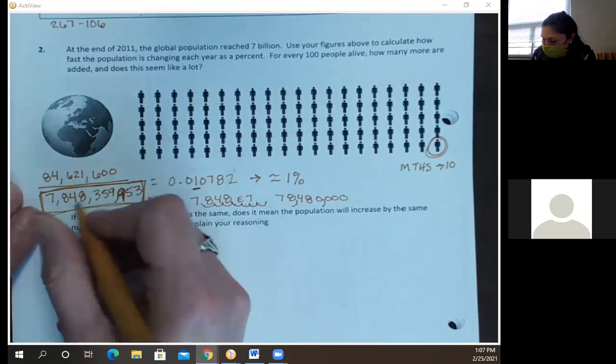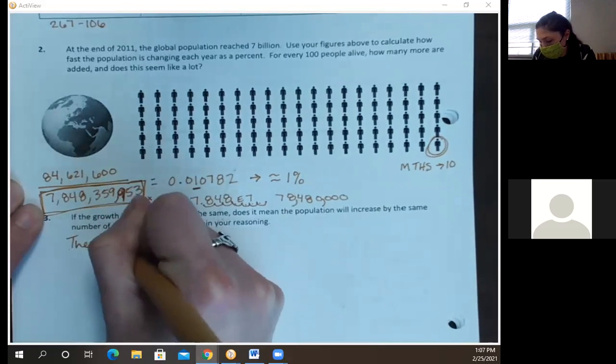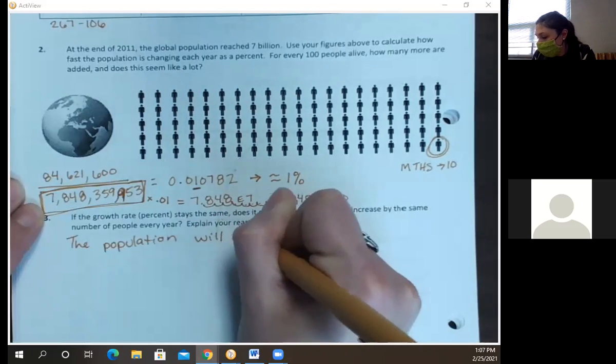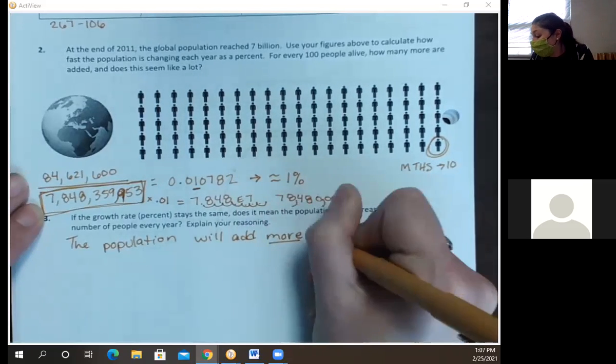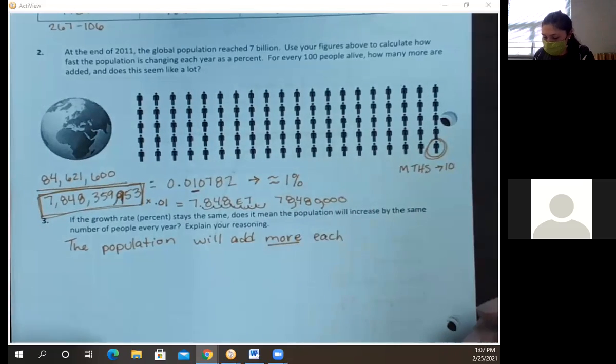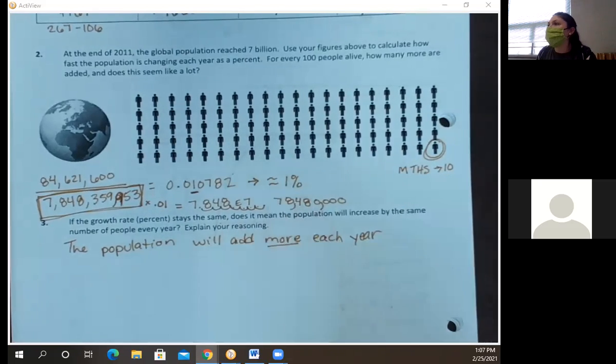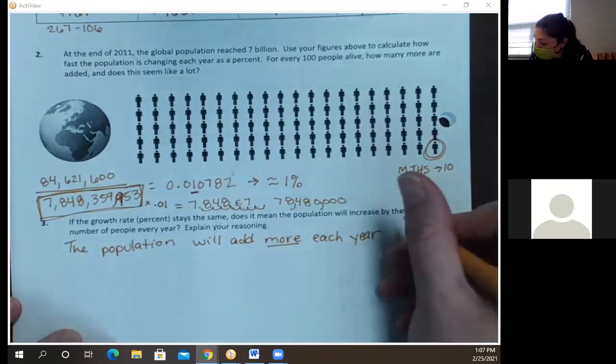Okay, so the population will add more people each year that it grows at this rate. It's going to add people in general, but it's going to add more than 78 million next year if we still grow at this 1% rate. And then the year after, it will add more than that. Does that make sense? Because it's 1% of that current population in the year that I figure it, okay? And that population, as we know, is always growing. So the population will add more each year because